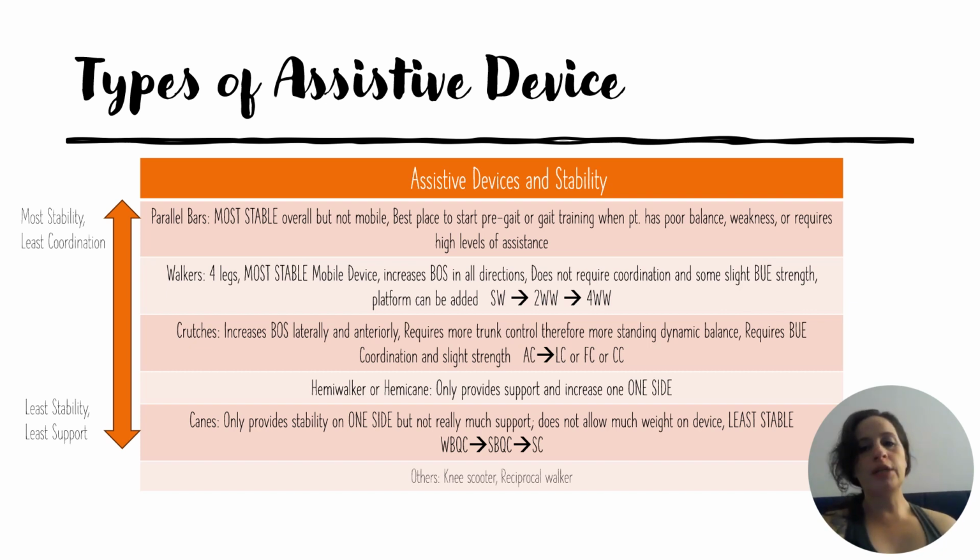So stability wise, again, it's the second best, or the third best if you include the parallel bars. But it's that coordination and that trunk control, that you don't really have anything in front of you to lean on or whatever. It's just things at your side, right? So you really have to be able to kind of hold yourself up. And then coordination, coordination, coordination is the key word for crutches. What makes it better for somebody to pick walker versus crutches is going to be that coordination aspect,